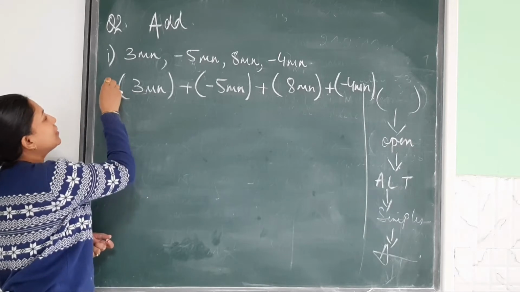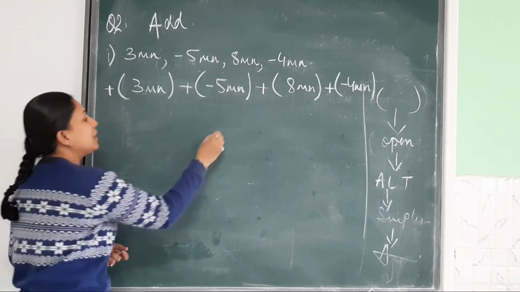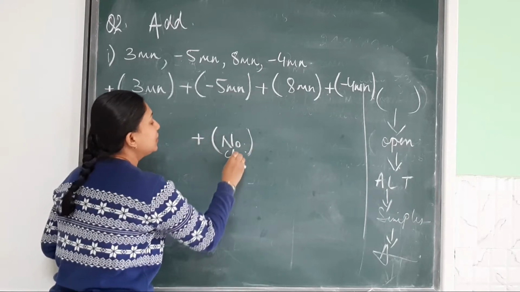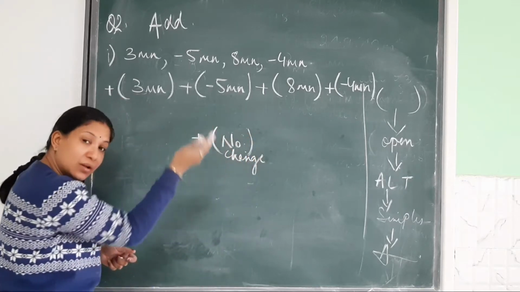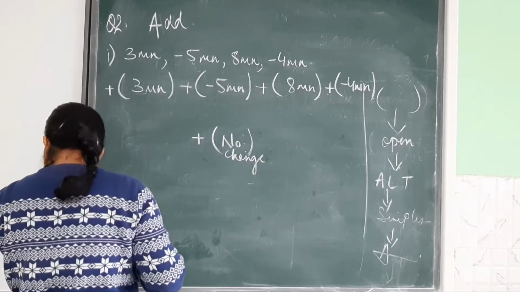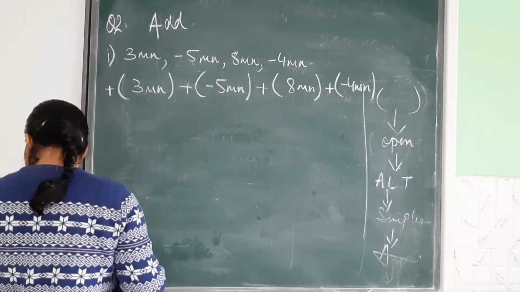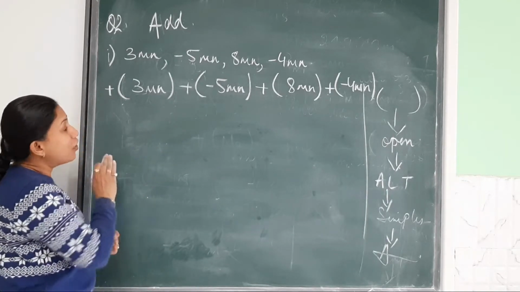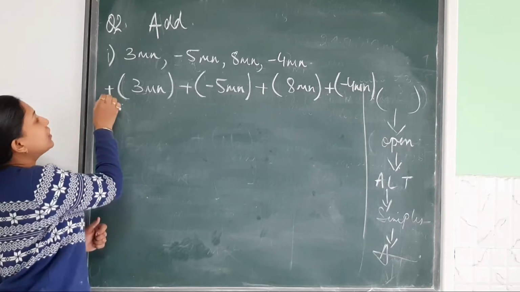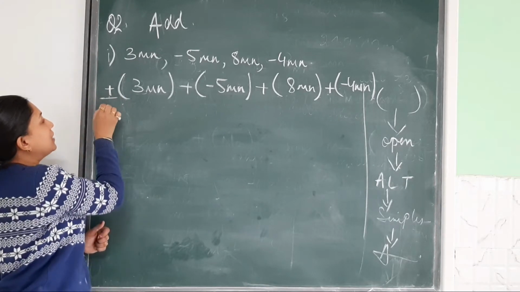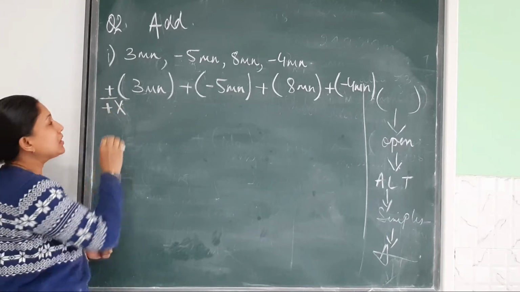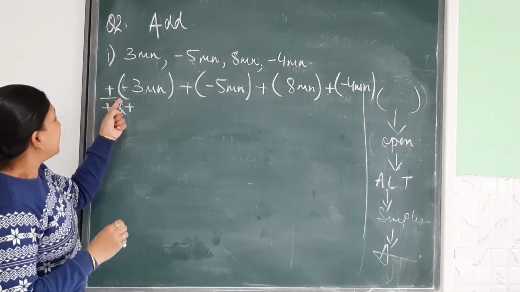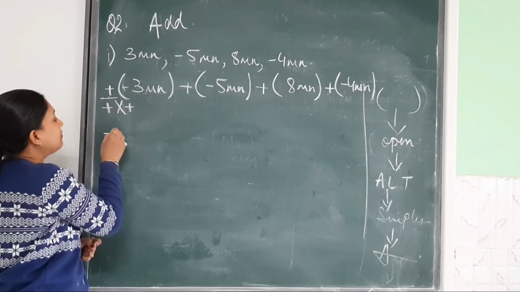So here, I have explained before also that if you have a plus sign or no sign, whatever the term is, you will copy it the same way. There will be no change. But still, because you are at beginner stage, you will also learn with me why I gave you that shortcut. So for now we are not using the shortcut. See, if there is no sign, that means it's a plus sign. A bracket means multiplication. Here with 3, no sign means a plus sign. What are we doing? Plus multiplied by plus.